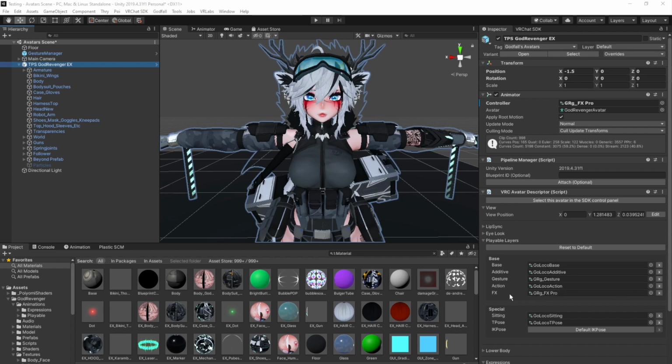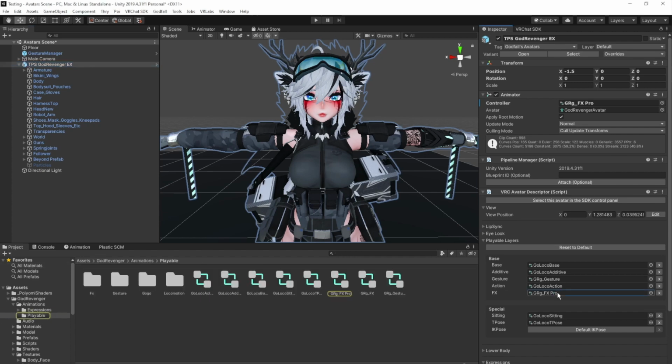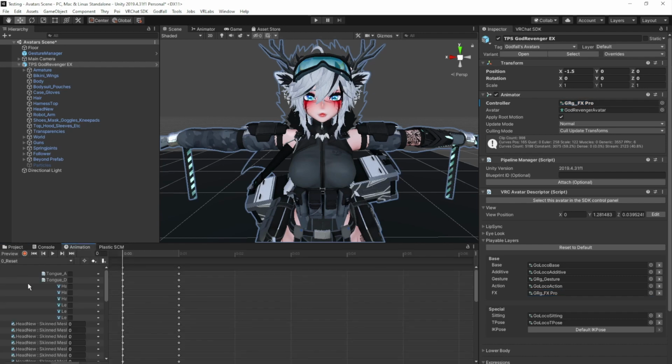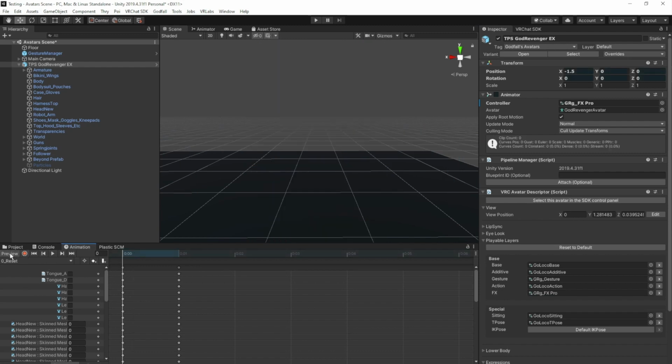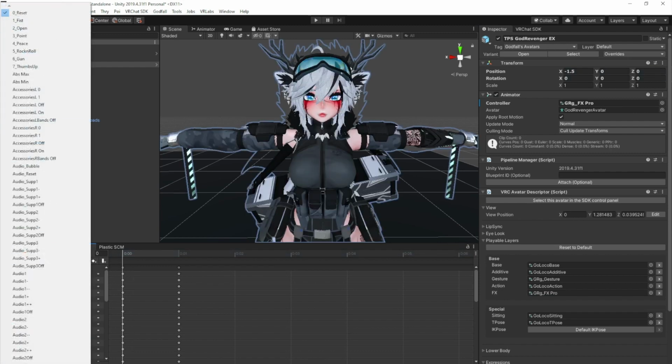And we want to scroll down to where it says FX. So here, go ahead and select that. Click and drag it onto your controller up here. Okay. And we do this in order to fully get all the animations within